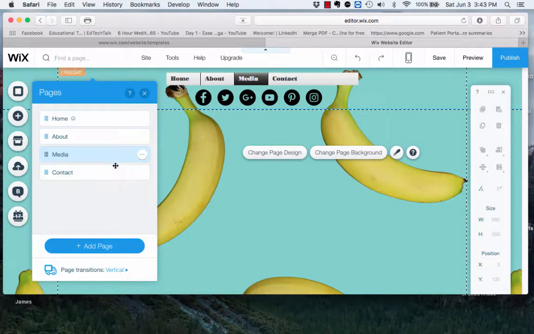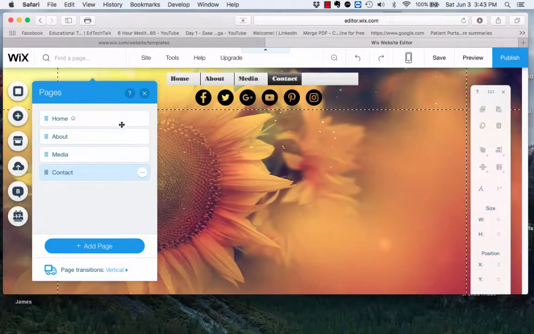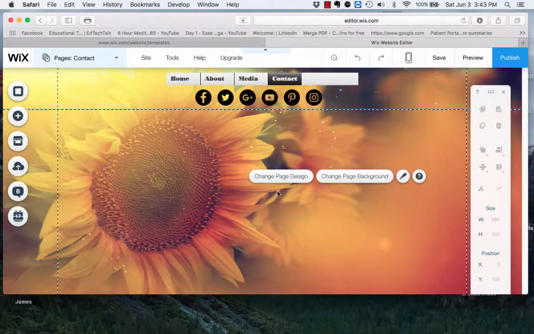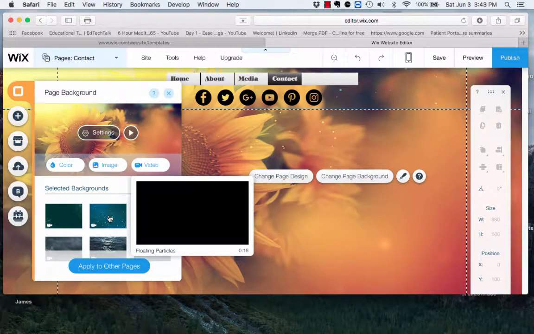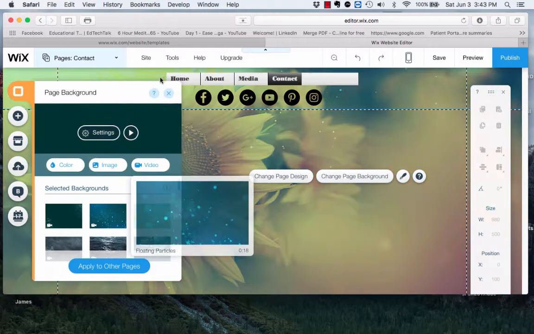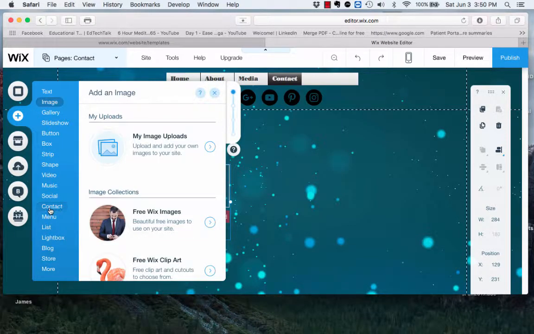And then there's your contact page, where you can very simply add in a map as well. So again, I'm going to change out this page just so it looks completely different. We'll put stars in just for fun. So once you have your background in place on your contact page, you can come over here to add, and under contact,